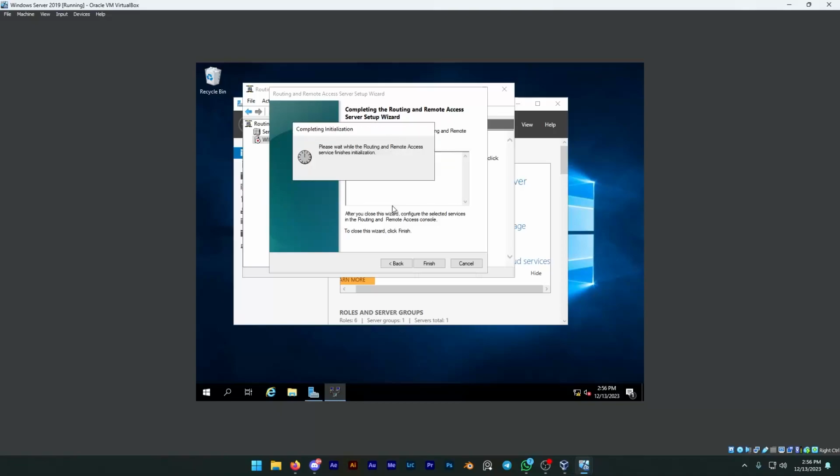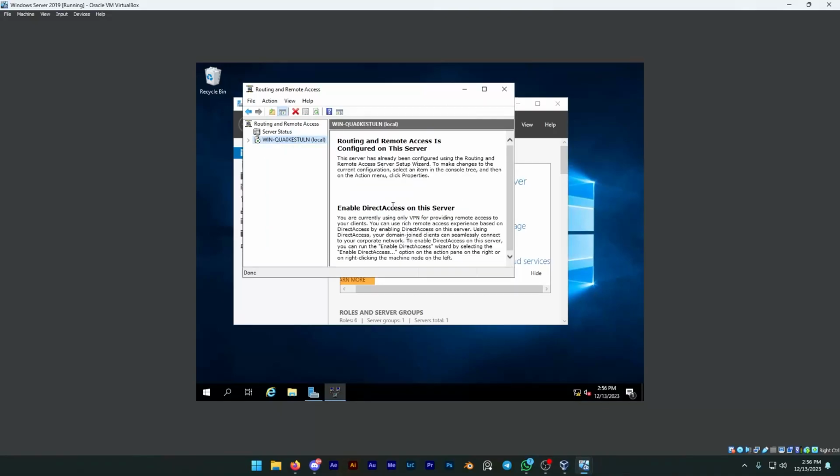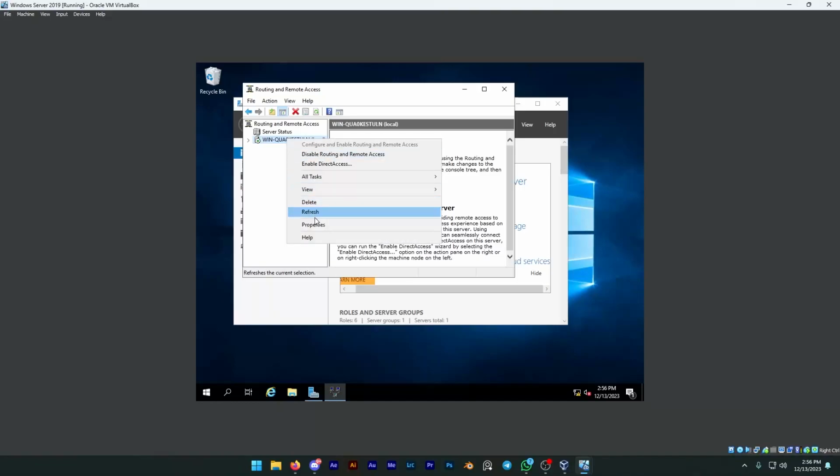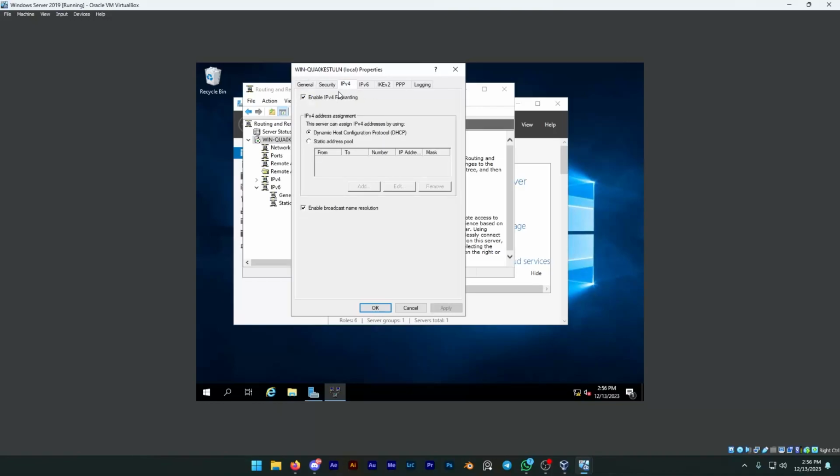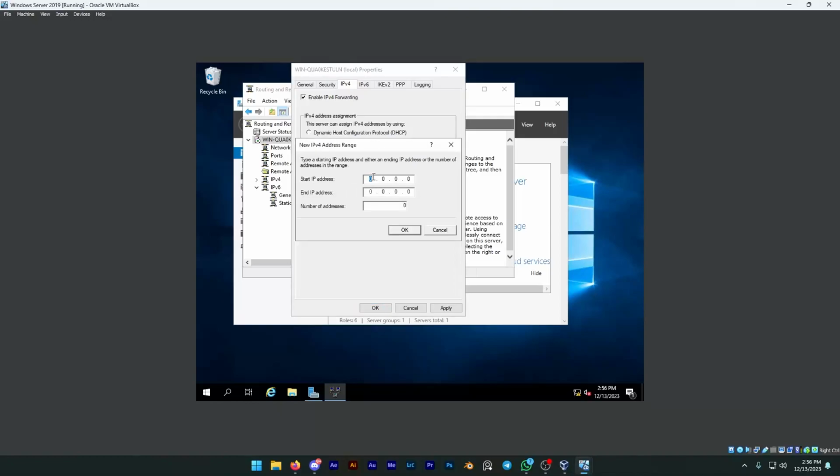This process might take a little while depending on the processing power of the VM and the desktop or laptop you're using. But once it's finished, you will see this pop up. Then you go to the properties, then we go to the IPv4, and then we have to set a static address pool. So we're going to add start IP, going